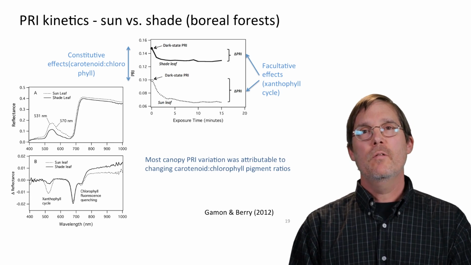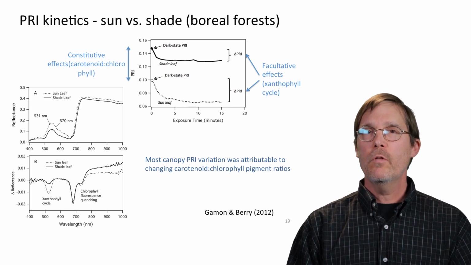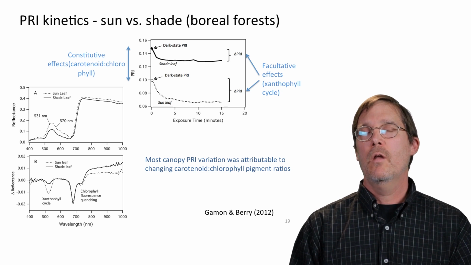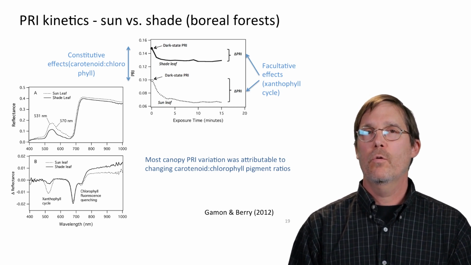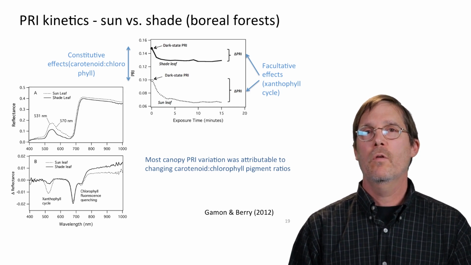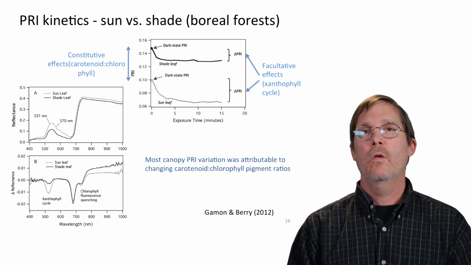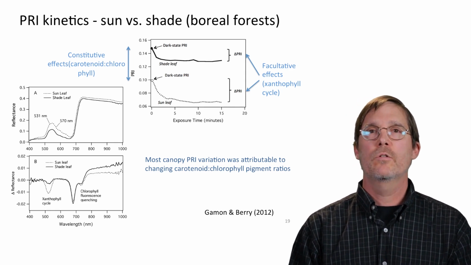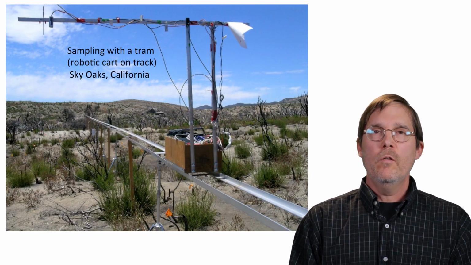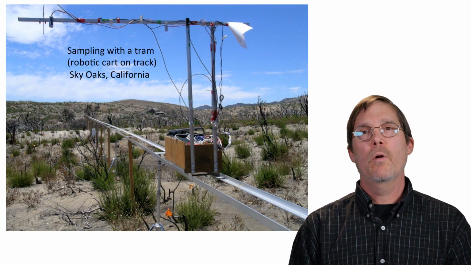And the take-home message from this is that within a canopy, a boreal forest stand, most of the variation in PRI is actually attributable to these pool size changes, not the subtle diurnal changes. So if you were to just measure PRI at random and look at random variability in that signal on these forests, it's the carotenoid and chlorophyll pool size effects that are really dominating this signal. And buried within that is the subtle diurnal change that is the facultative effect. So it's hard to measure things across time and space,